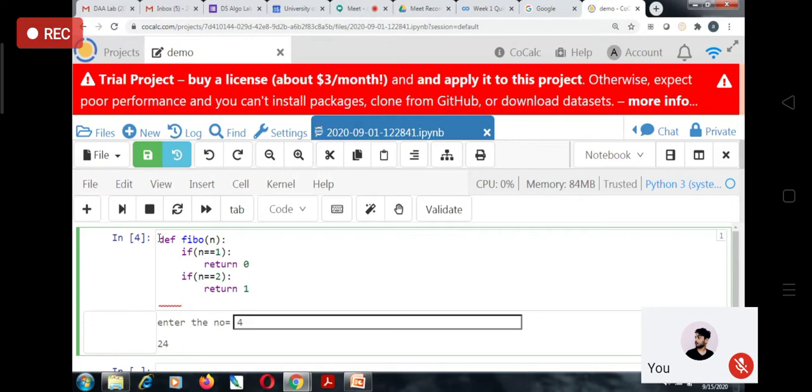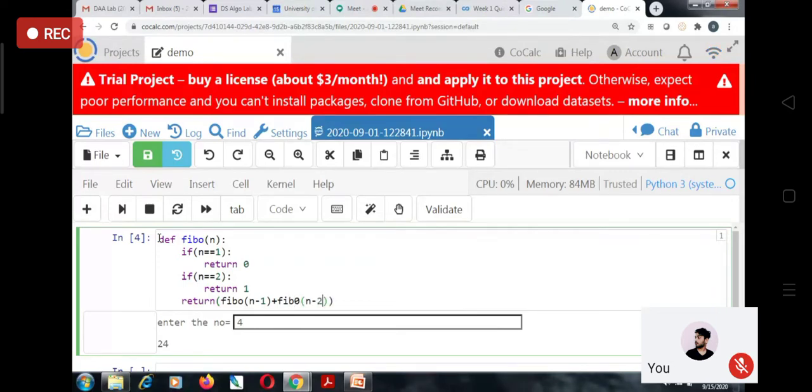From the third term onwards, we have the formula that the nth term is the summation of the n minus 1th term and the n minus 2th term, right? So this simply will return Fibonacci of n minus 1 plus Fibonacci of n minus 2.